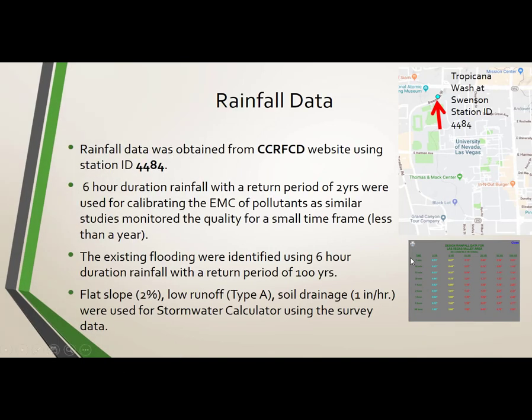Rainfall data was obtained from the Clark County Regional Flood Control District website using station ID 4484. And we can see the location of the station, which is within the premises of UNLV, and we are using 6-hour duration rainfalls, which has a return period of 2 years as well as a return period of 100 years. So we will use the 6-hour duration rainfall with a return period of 2 years for calibrating the event mean concentration of pollutants